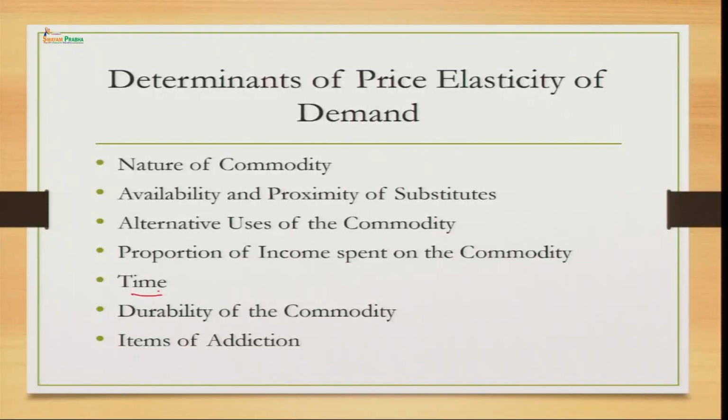Time is also an important factor. In short run, usually the demand is of inelastic nature, because we do not have much choices. As we already know, short run is a period which is not enough for us to change to any new situation. Whatever we are having, we can do the best with it, right. So, usually in short run, the demand for the commodities are of inelastic nature, whereas in long run, because it is a planning horizon, we can plan out, we can have different options where we can explore them. So, that is of elastic nature.